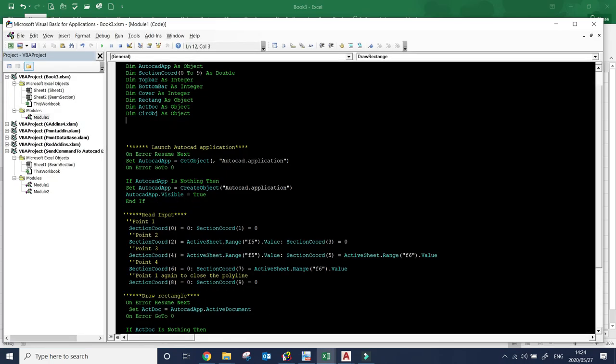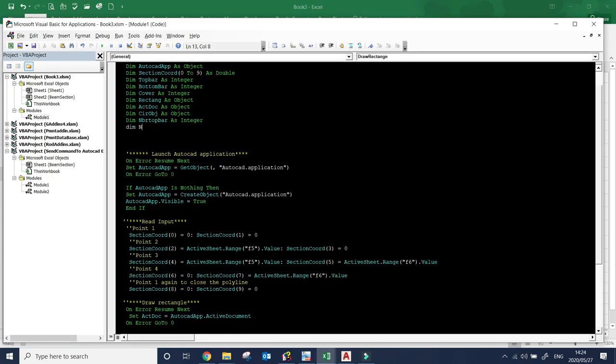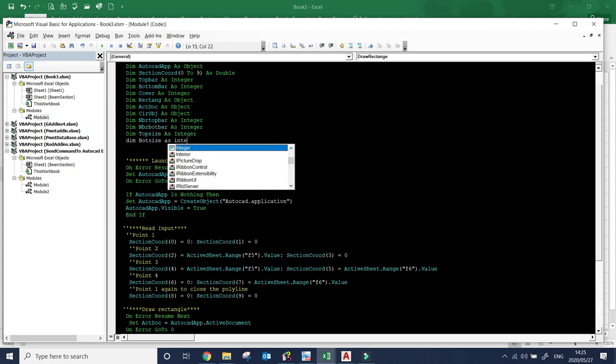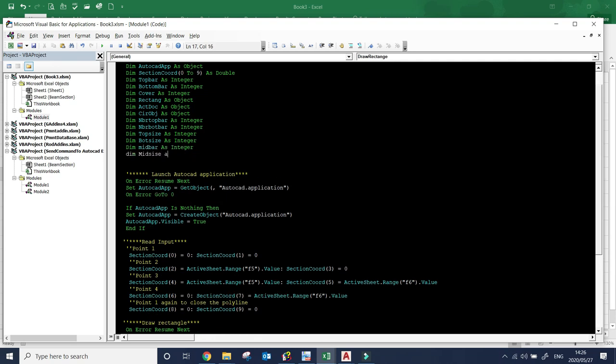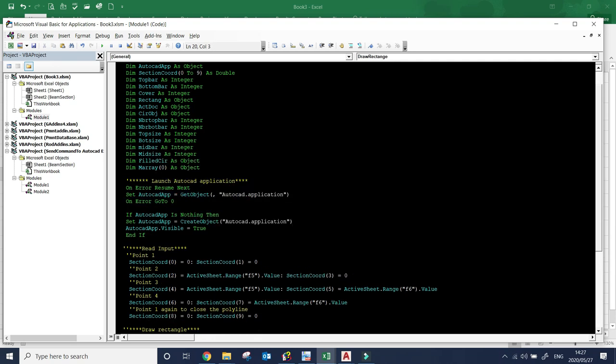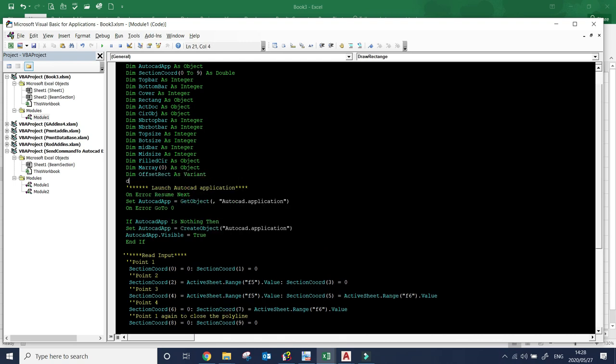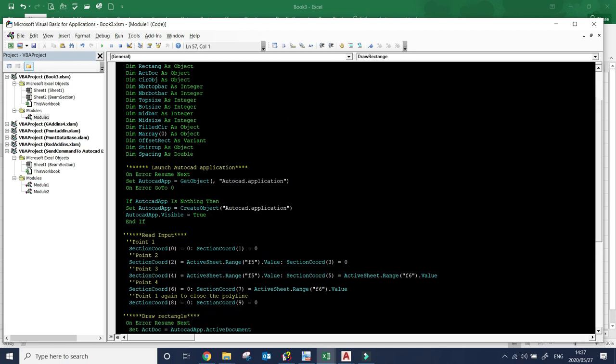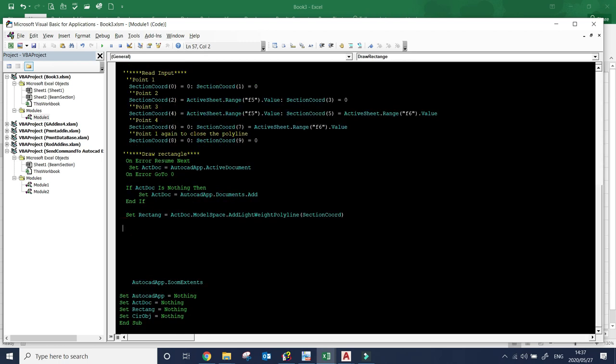input. Go back to our code. The number of... Now after we have declared all our variables, the first thing we need to do is create